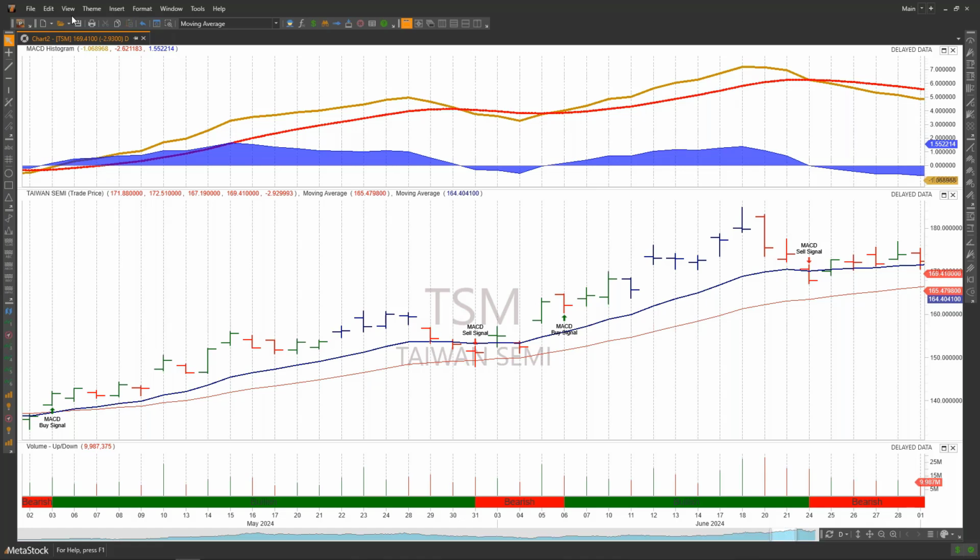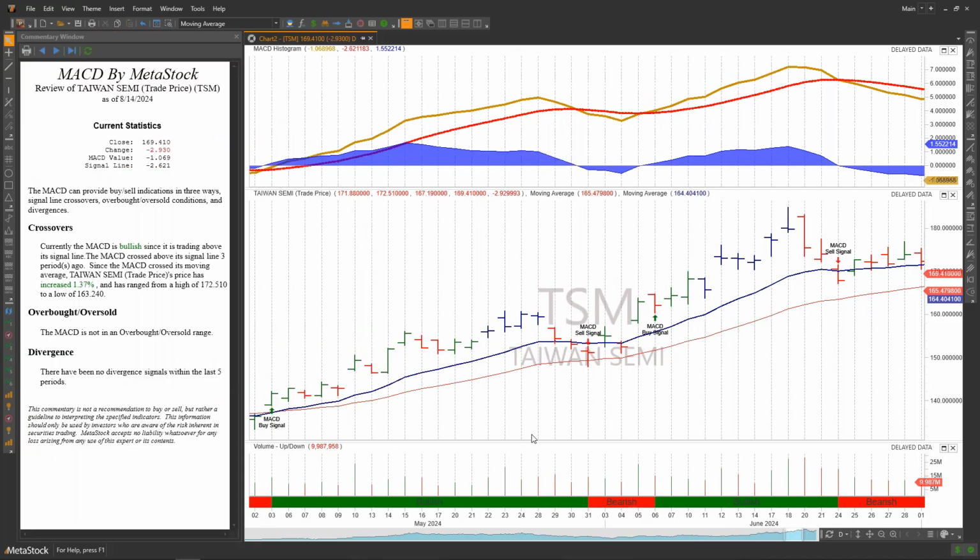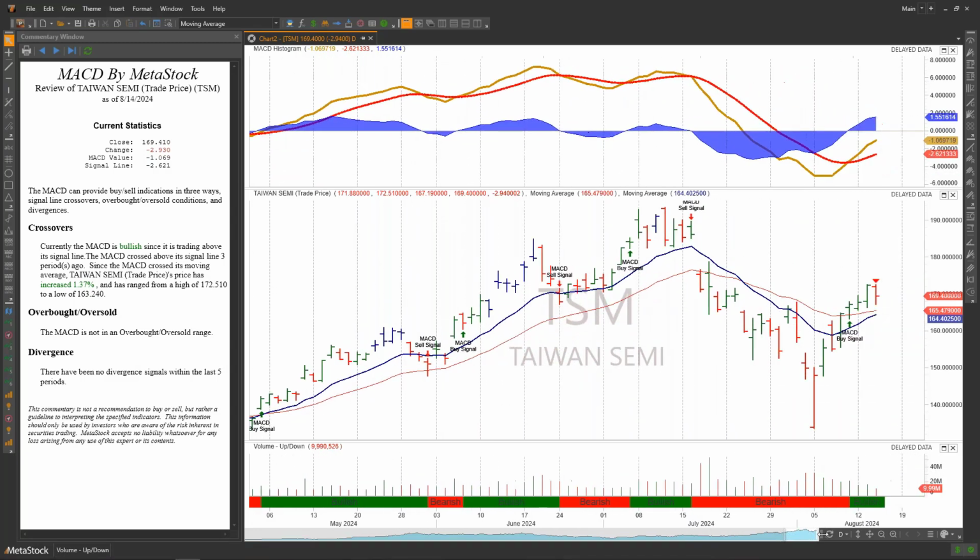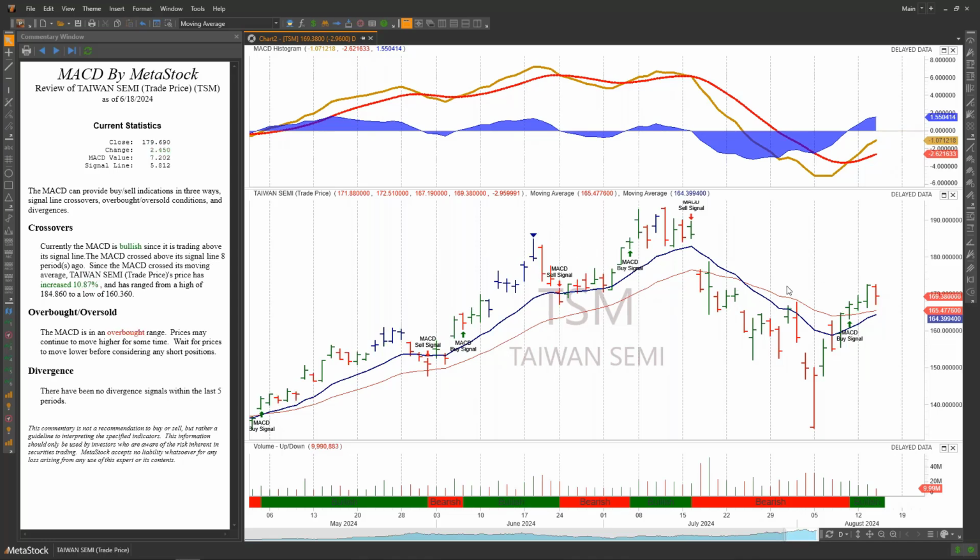If I go into the commentary, let me go to view expert commentary here. What I'm going to do is explain what this is doing. This is doing its best to explain MACD to you. Here you've got an arrow. I'm going to move this to where there's a blue bar so I can talk about it. This commentary is looking at this bar. That's all it's doing. It's giving you an analysis of the bar you're looking at.